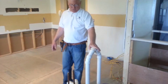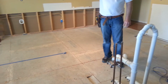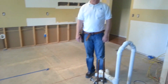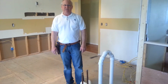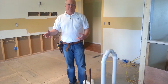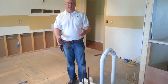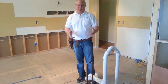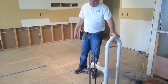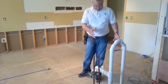So this is a vent loop that has to run back down into the floor and get to an outer wall to be vented properly. There's a special way that this has to be done in order for it to not fill up with water in the vent system and never drain. You have to be able to drain that same vent system in case there would be some kind of a backup blockage. So really you need to have a licensed plumber in the state of Illinois to reroute this stuff